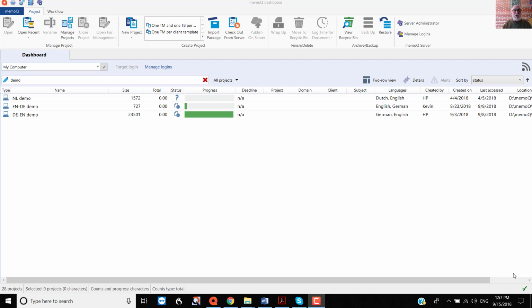The view that you see here is the Project Manager edition of memoQ, and this looks quite a bit different than the view that would be seen by a typical translator or editor working with the Translator Pro version. But fortunately, there is a facility in memoQ for changing between those views if you have a Project Manager Edition